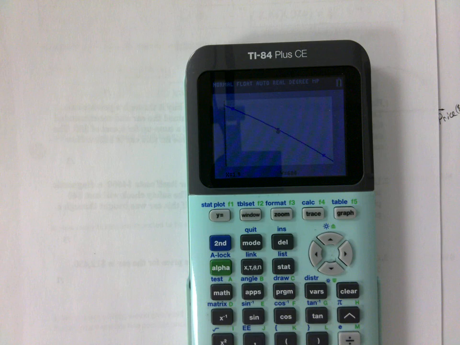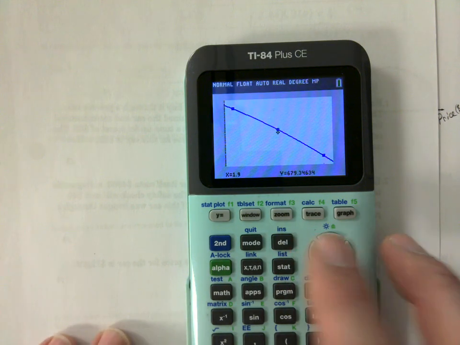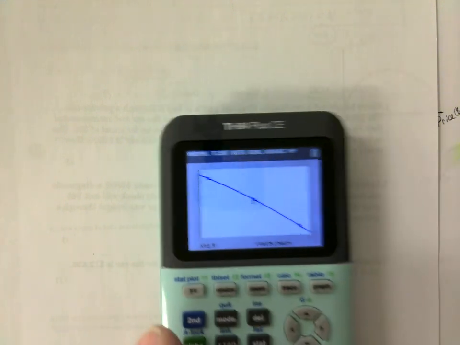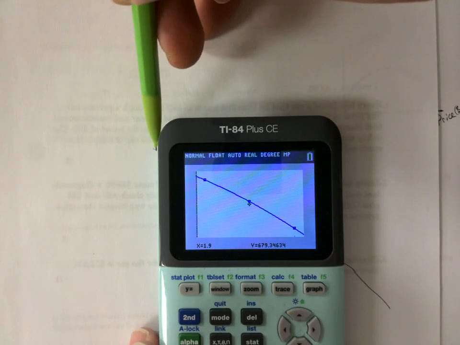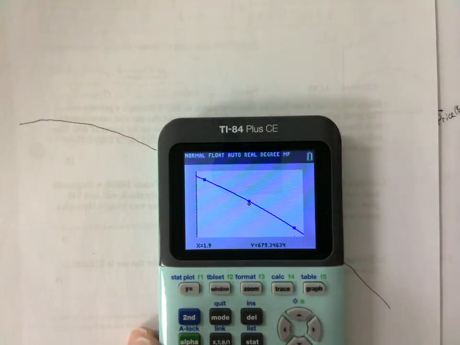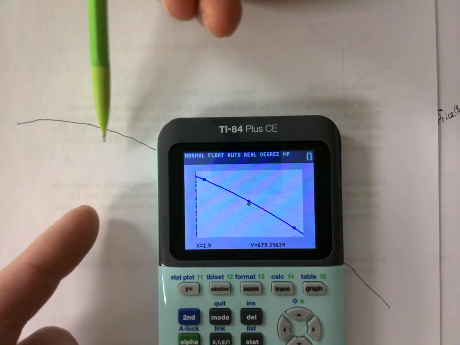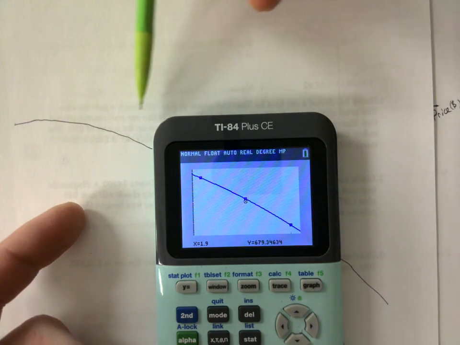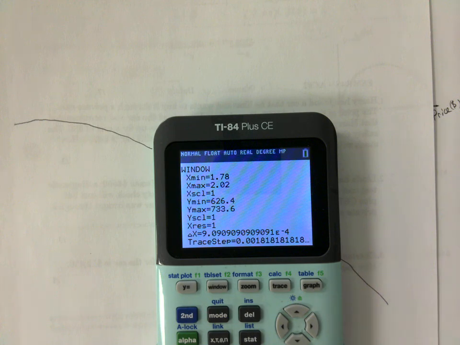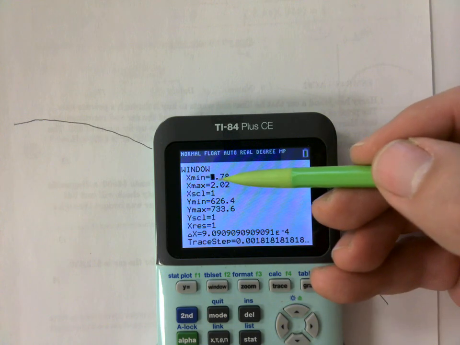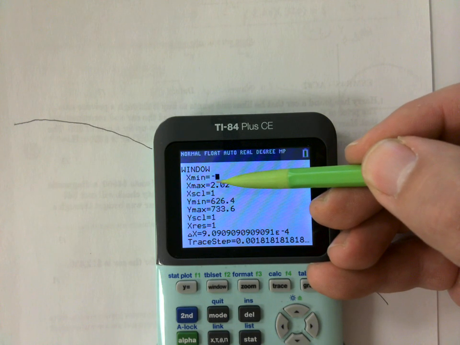I'll just pause in terms of finding the window because it's very important. So right now, I have a piece of paper here on the background. Right now, you should imagine, right? That's what you should be picturing. So if you wanna see more this way, you need to change your y min. I automatically, watch this. When it's a word problem, if this is positive, I'm immediately gonna change it to something